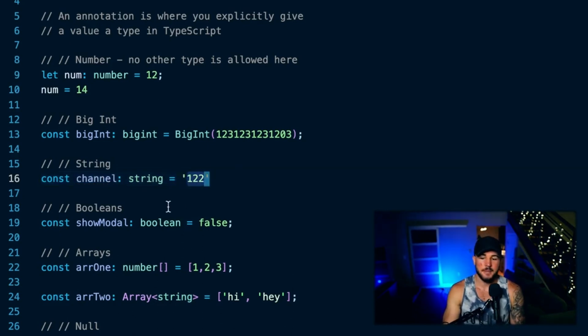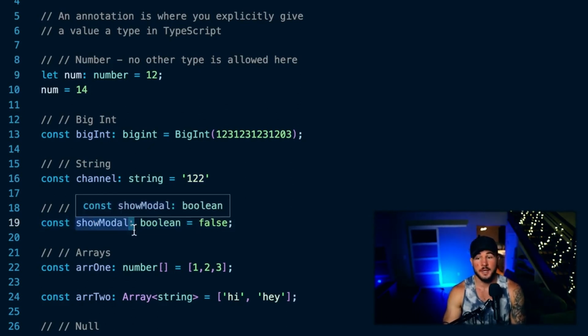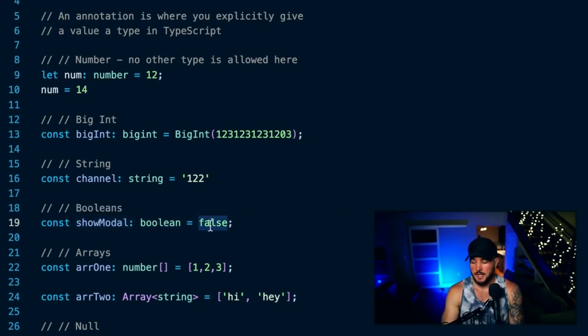And then you can do the same thing for Booleans here. So I have a constant called showModal, and I use colon boolean, saying this variable is going to contain a value that is a true or false value, a Boolean, and then I assign that to false. But if I try to assign that to the string false, I get an error